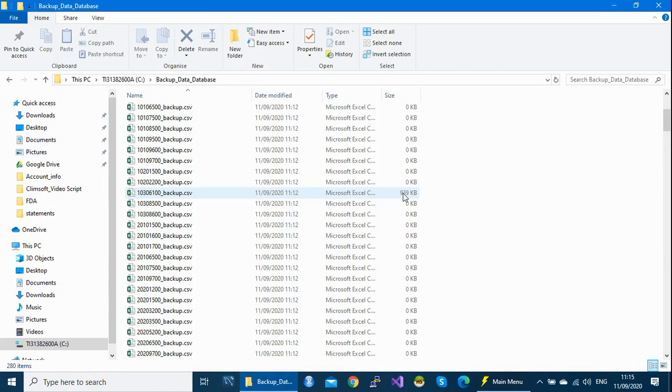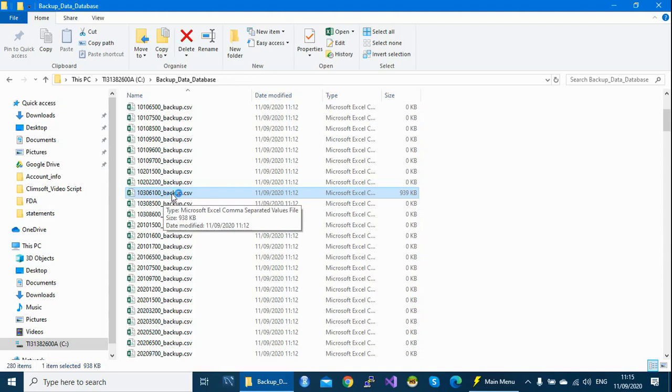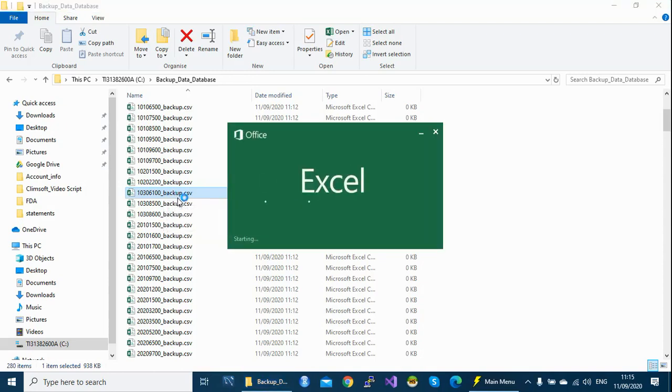So let's open one file. Maybe we open this one which has got data and see how the data is structured. As you can see, it is in CSV. This backup name helps you to know what is in your data.